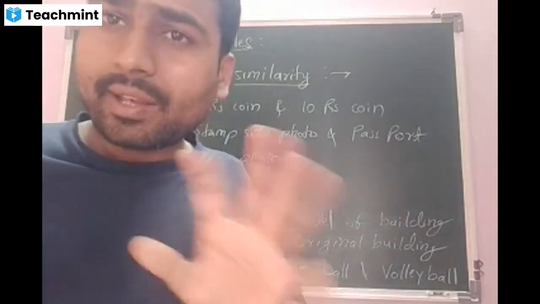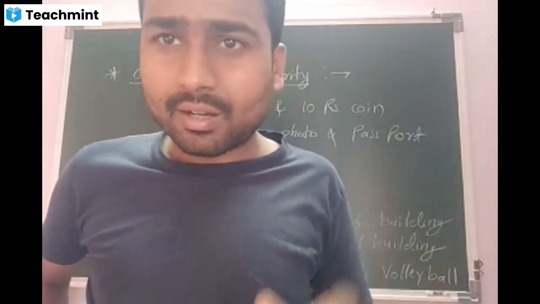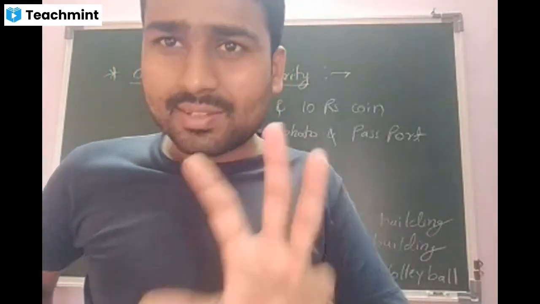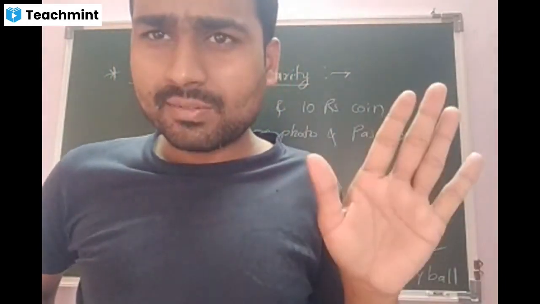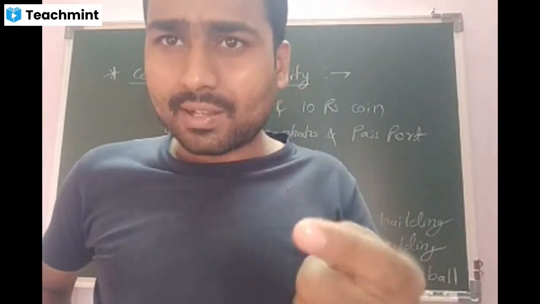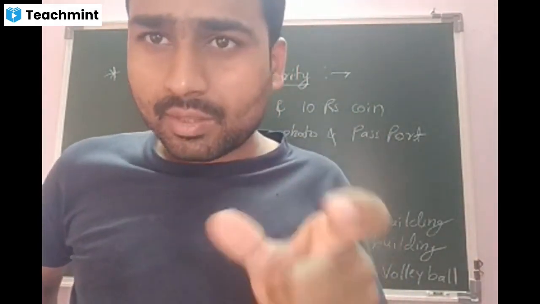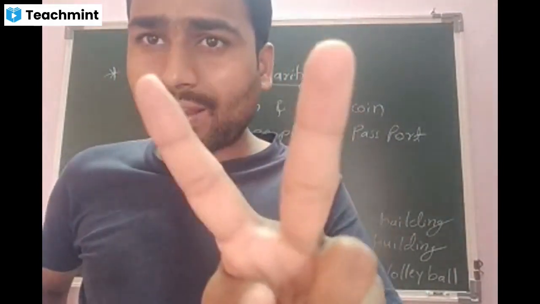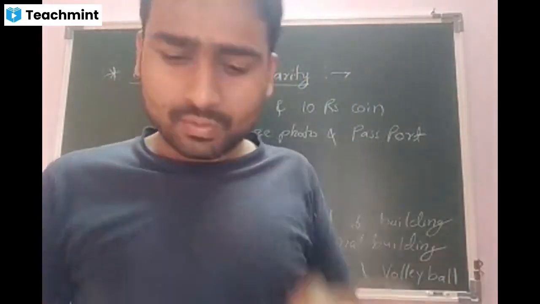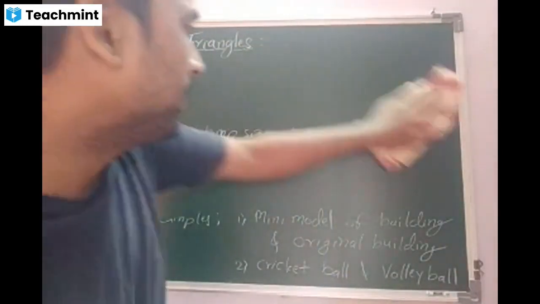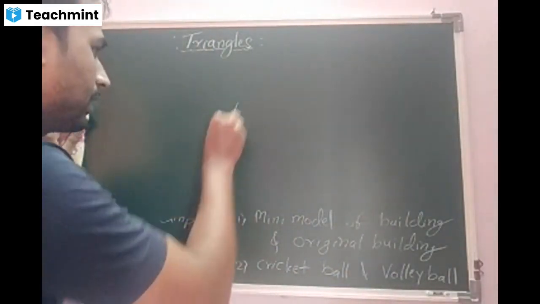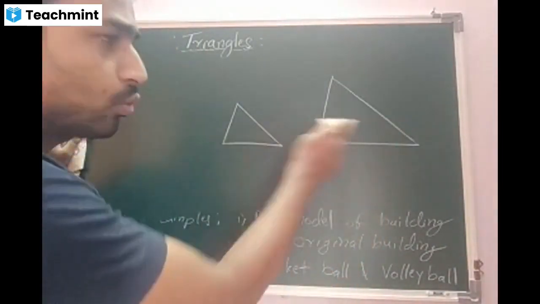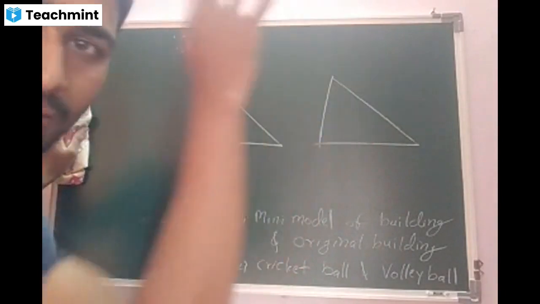Is there any doubt, beta? Is there any doubt regarding the concept in general? No, sir. This is similarity in general. I just started the syllabus of triangles today. In the next class, this evening, I'll be discussing the specific concept, that is similarity of two triangles, when two triangles will be called similar. But just for your understanding, I'll tell a little bit, not the exact concept. You take one triangle in this manner, the other triangle in this manner. The concept remains the same. Chotu, motu, shapes are same, the sizes are different.